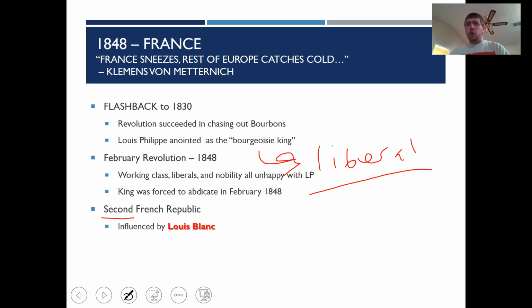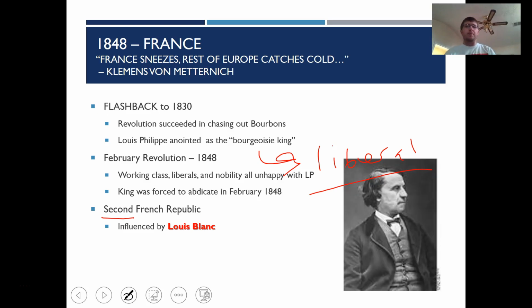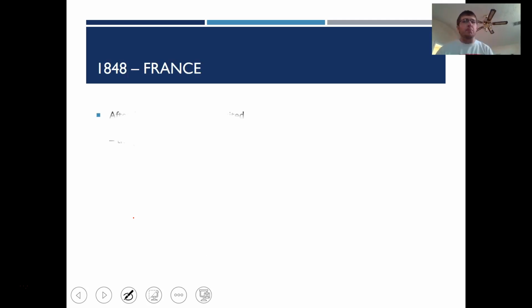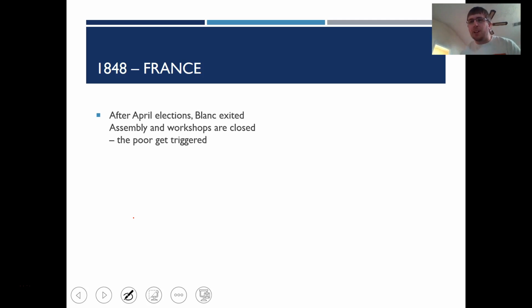So it's influenced by Louis Blanc, who we've talked about as a socialist national workshops influence. So there's Louis Blanc right there. And it certainly looks like this government is going to be more open to solving the problems of the French people. And again, Louis Blanc's major belief is to guarantee national employment and full employment by having government-run workshops. Well, the people love that idea. And for the first part of 1848, it seems like this republic is going to be doing things to help the working class. Now, as time goes by in that year, after April elections,